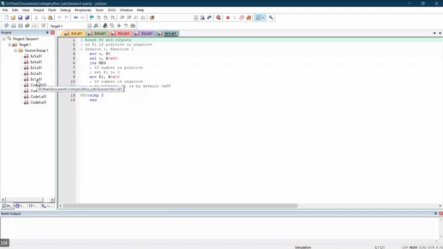Remove. Later you can add. You saved all as .asm, no? .asm and .a51 is accepted, sir. So I just saved it to the default .a51. Okay, okay. So now this program is for reads? This program is for exercise 1 of the experiment that we did last class.